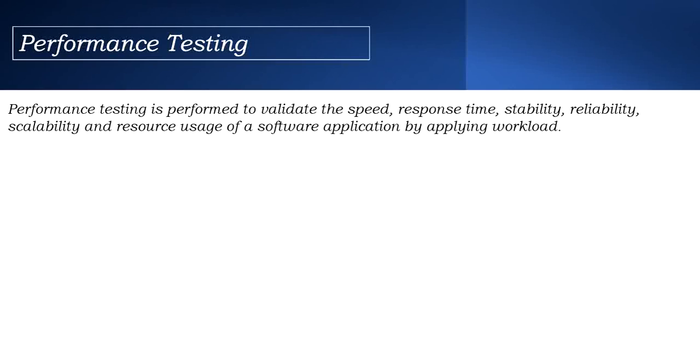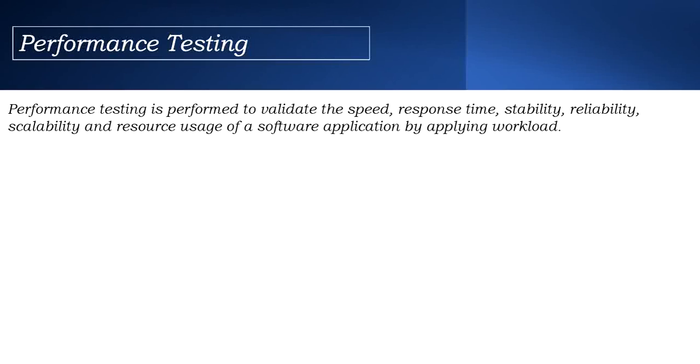At that time, how should the application behave, and how is it behaving? To validate that, we check the speed of the application and the response time, how it is responding back to you, and also the stability of the application and how reliable it is. All these will be tested as part of performance testing.